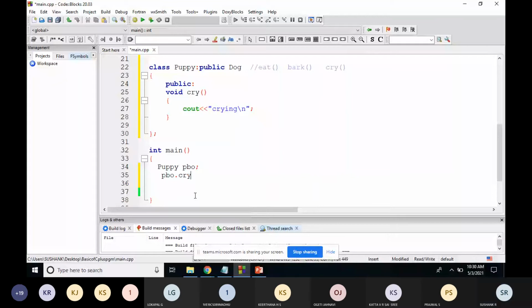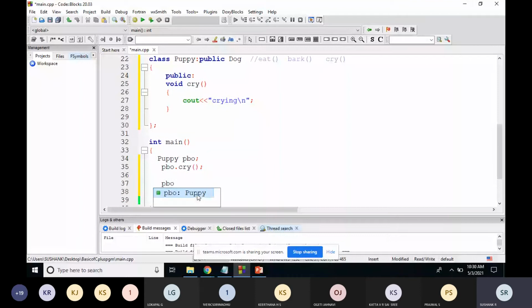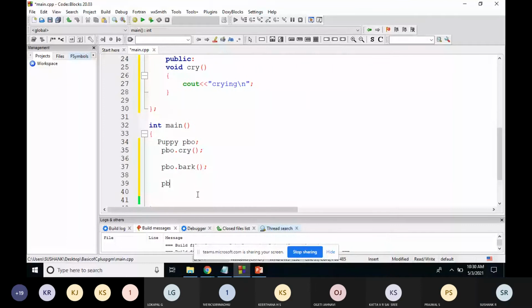After this, using the puppy object, I will access bark. Bark is the method of the dog class. Using this, I can access the eat method, which was there in animal.